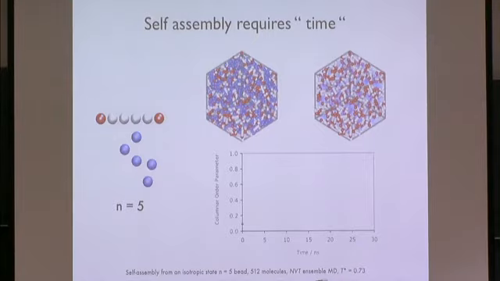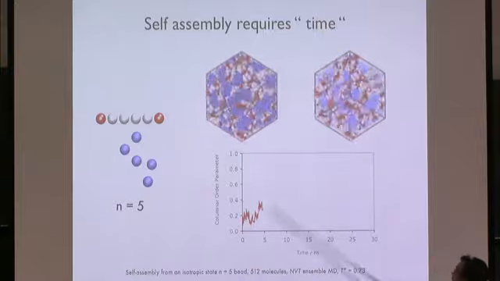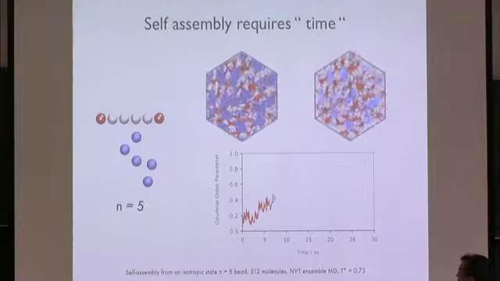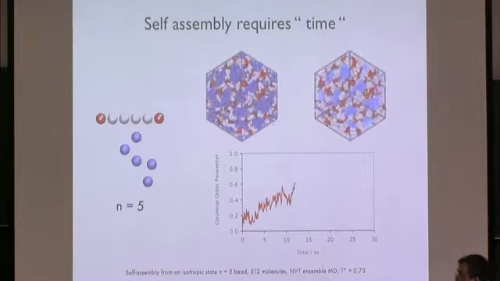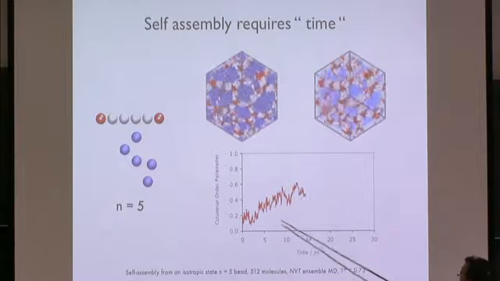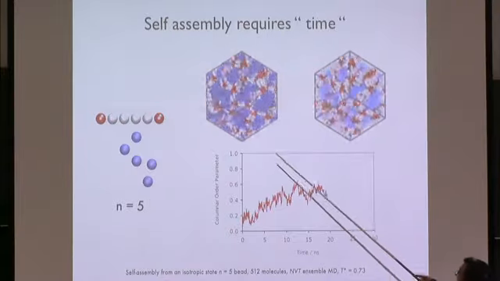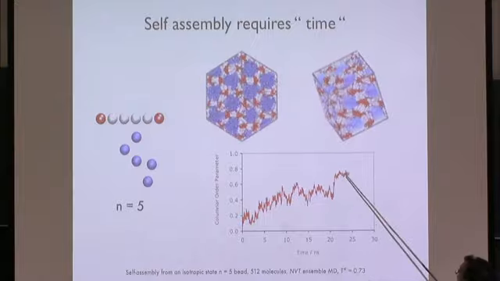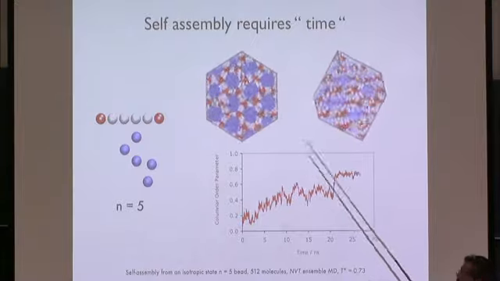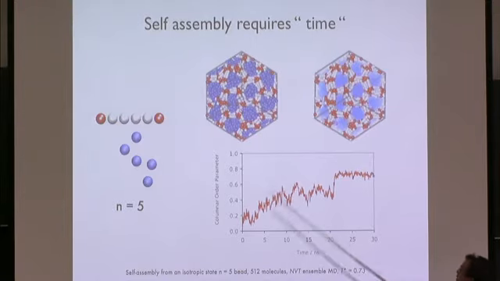And what we'll see here is a columnar order parameter, which describes basically what is happening in the system. And what we have here is time. I might mention that it is in nanoseconds. And you see that we really have to explore very large times in order to actually see the correct self-assembly and the event that triggers the formation of this very nice columnar phase, which is characteristic of these types of